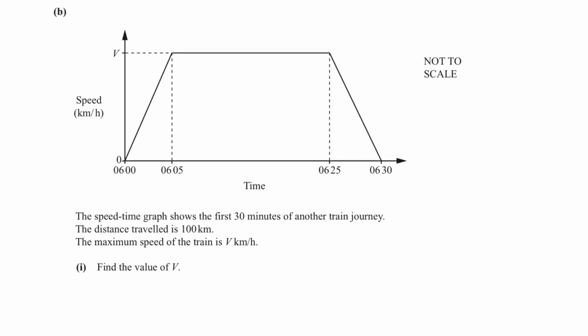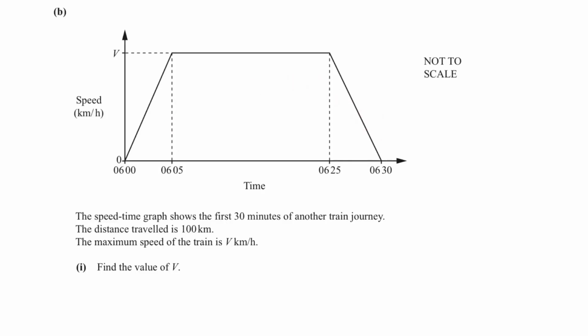Part B is a speed time graph, and it shows the first 30 minutes of another train journey. The distance traveled is 100 kilometers. The maximum speed of the train is v kilometers per hour. Find the value of v. In a speed time graph, the distance is the area under the curve, and you can see that this is